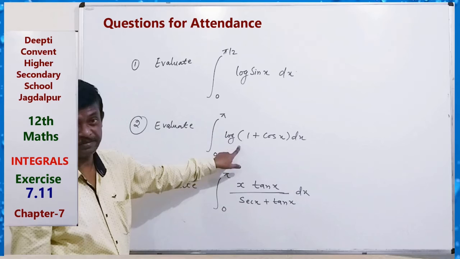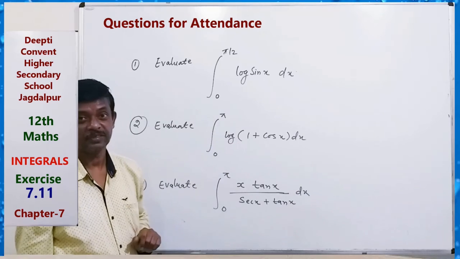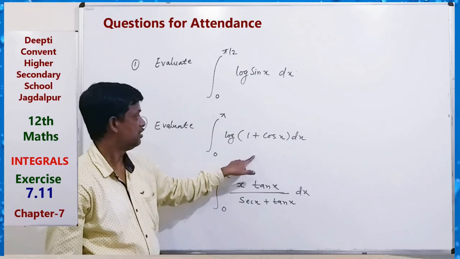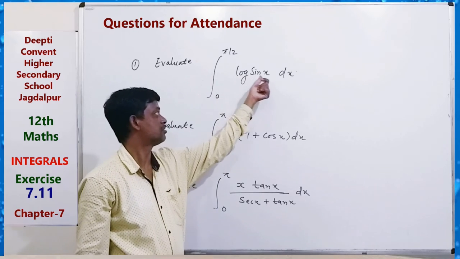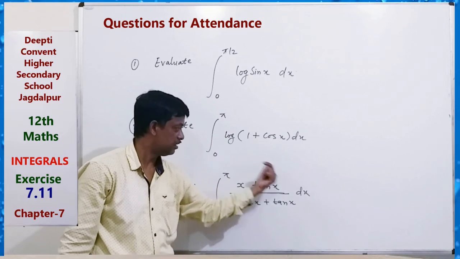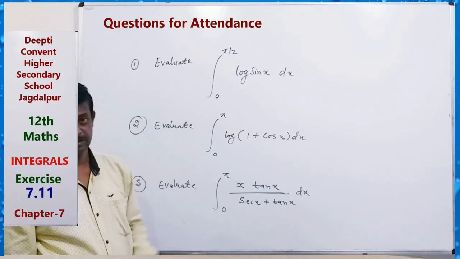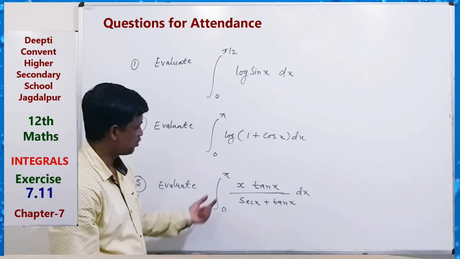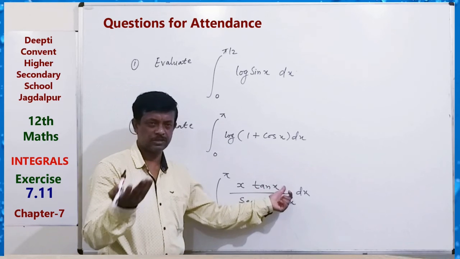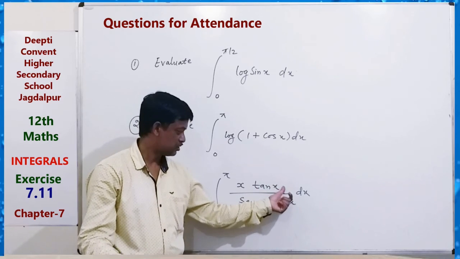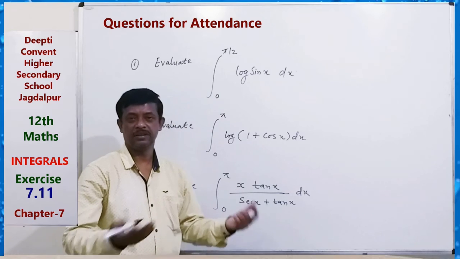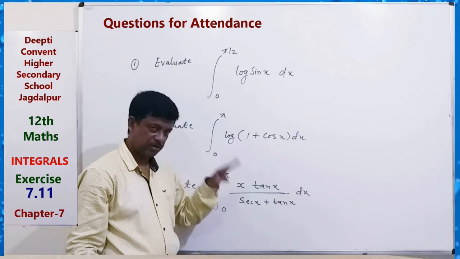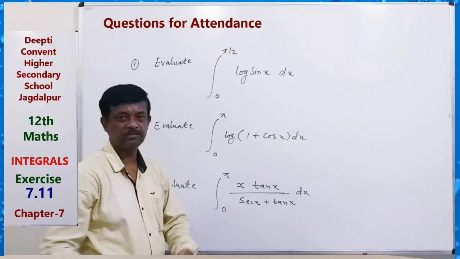So this is a long question, 6 marks. Use the a minus x property and then also apply the integration of log sin x dx for definite integral. Then you can get the result. Long question you have to do. Similar here, a minus x property: sin of pi minus x equals sin x, tan of pi minus x will be minus tan x. So here x may be removed. So pi will be outside after adding by applying the a minus x formula. Then you can solve it.